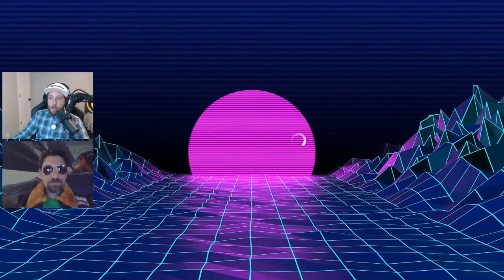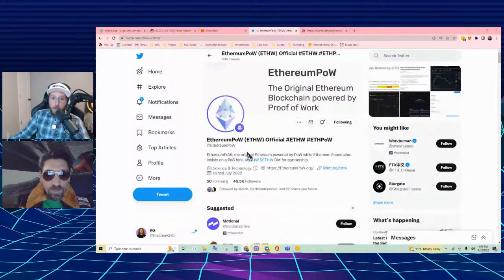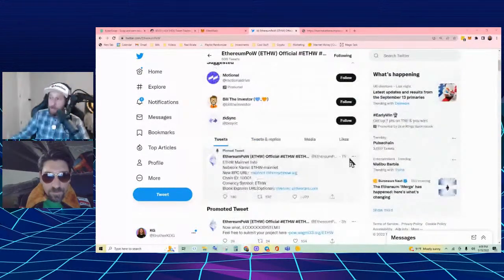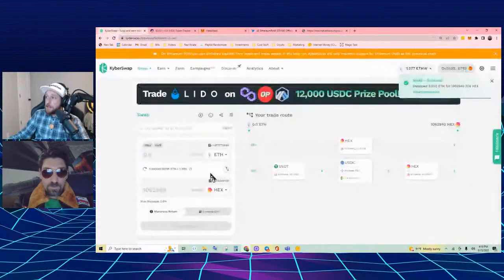Yeah, so where we started was on the ETH PoW Twitter. And they pinned, 7 hours ago, the RPC settings for mainnet. So I went into MetaMask and put them in and checked some tokens. My copies were there. So we were playing around on this DEX right here, KyberSwap, because that seems to be,